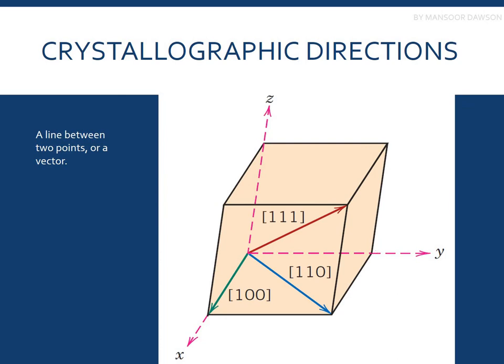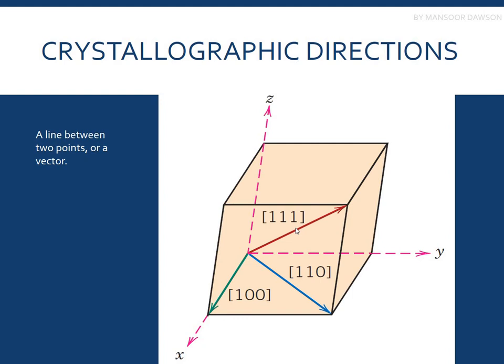You can see in this figure that we have a cubic structure placed in an x, y, and z Cartesian coordinate system, and you can see these indices being marked as 100 and 110 and 111, with the origin being 000, with the values of x, y, and z. So basically, a crystallographic direction is a line between 2 points, or you can say that it is a vector